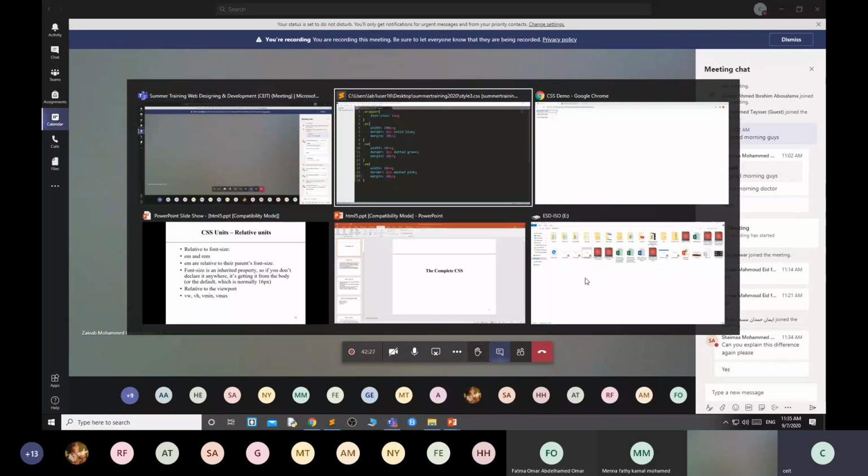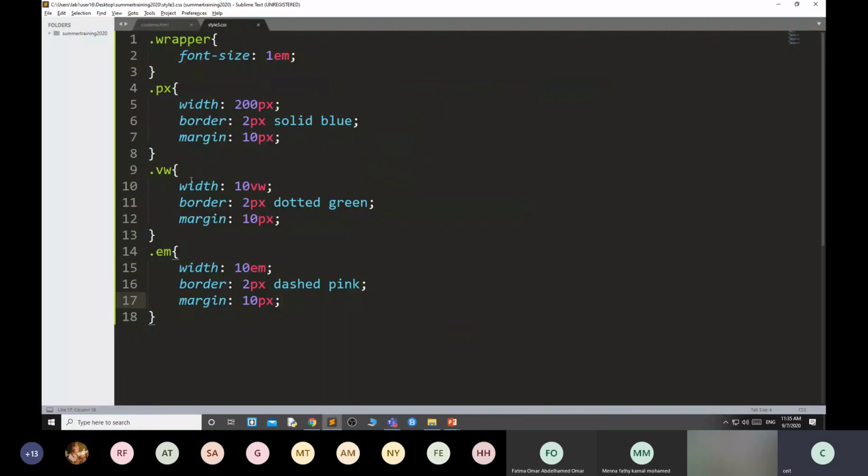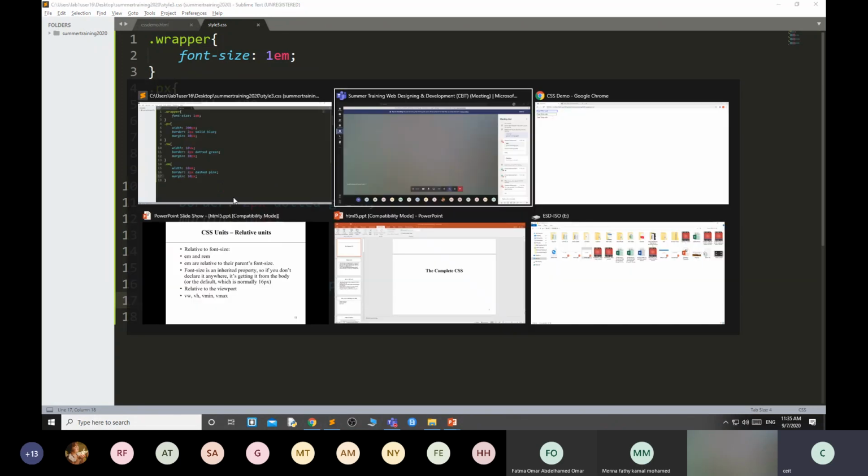Okay. See, here this px is absolute, and vw is relative. Now you can see that when I am 10 vw wide, this is relative. This one I have given the width using relative units, and this one I have given the width using absolute units.